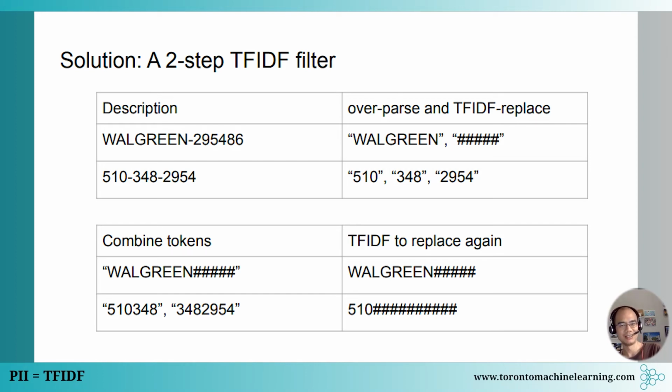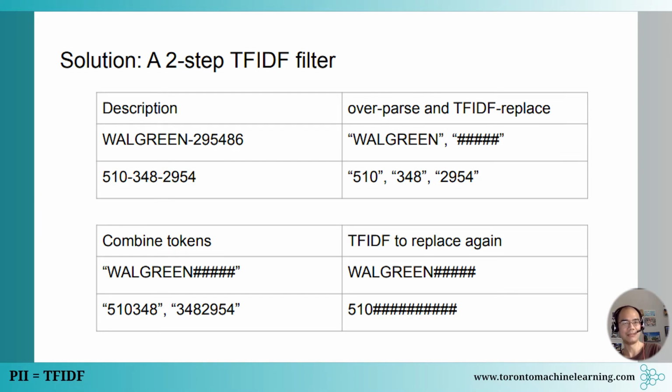On the other hand, these numbers, once they combine with a 7-digit number, it should be unique enough that your TF-IDF will pick it up as a private number, repeating for this person, but not many times for other people, and will kill it. Let's say 6 digits is even too many, right? It's not unique enough, but 7 is. At least it will recognize the second piece, this combination, as PII, and then it's going to flag the 2 tokens that are components of it and say both of them are PII, and they will both be replaced by the standard 5 hashtags. And you're done.